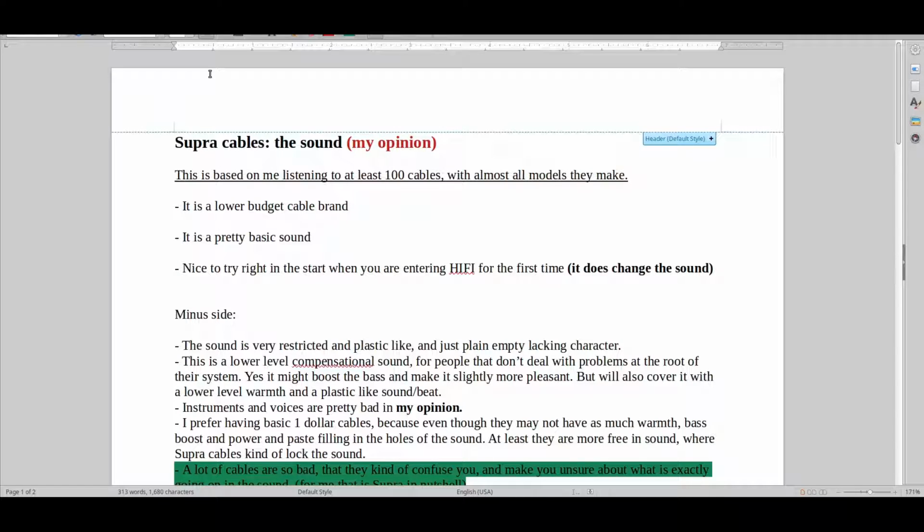I will be covering the topic of Supra cables, how they sound, and this is just my opinion, so you might have your own opinion. Just because these are things that I'm hearing doesn't necessarily mean that you won't like the sound, so I'm just telling you that. Okay, I've listened to at least 100 Supra cables throughout the years, and that's covering most of